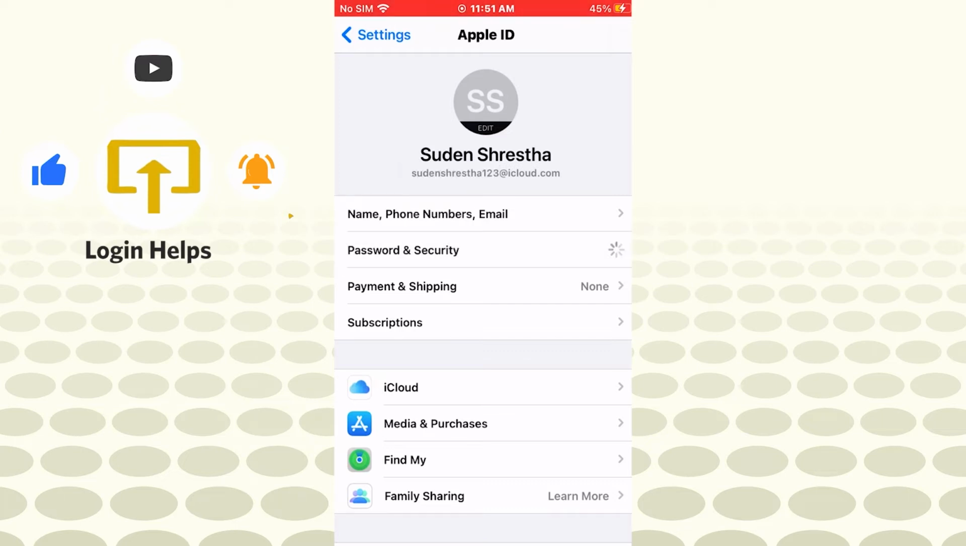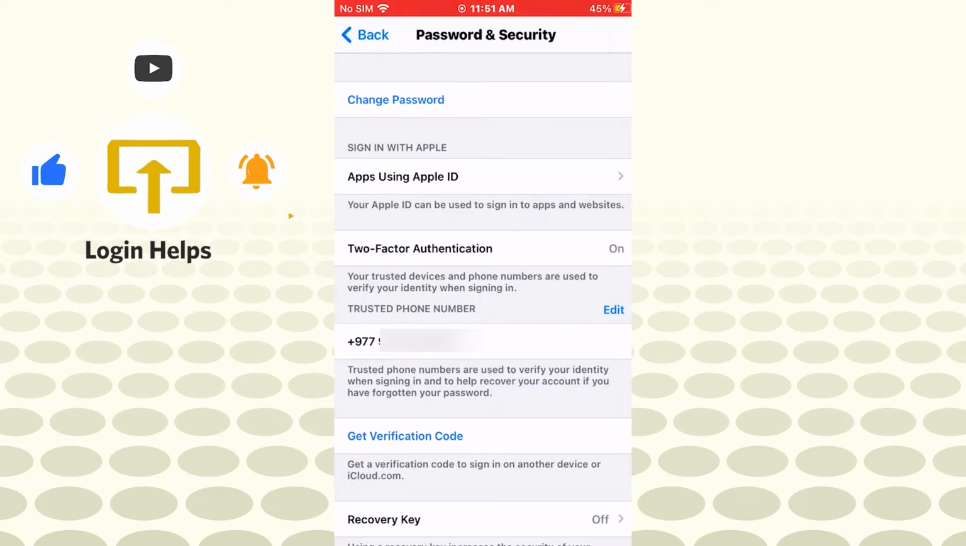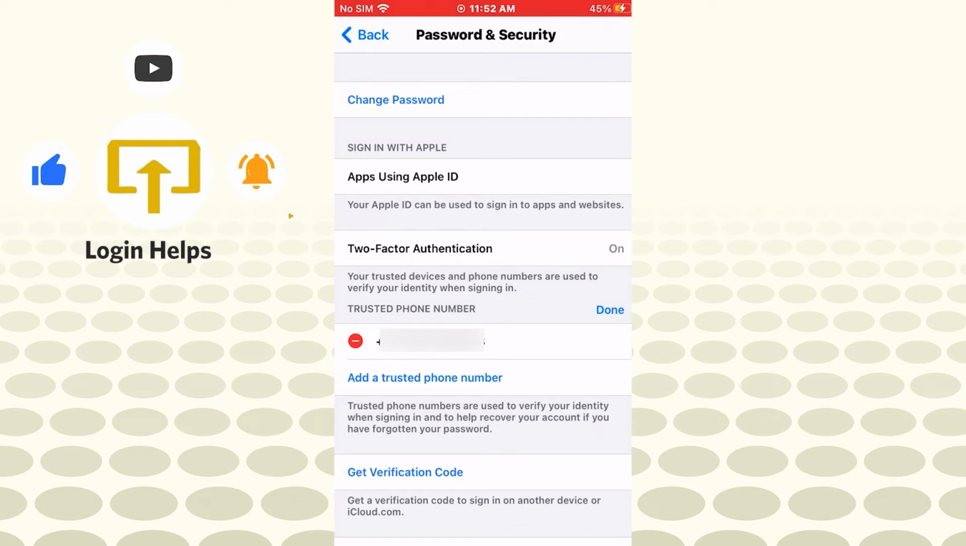Tap on password and security like this, and let's let the page load. And after that, you can see your number over here, which is your primary number. And to add a number on your iCloud, you can see the edit option available at the right side of the numbers. Tap on edit, and after that, you can see to add a phone number, you will be required